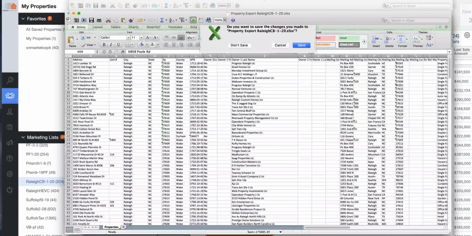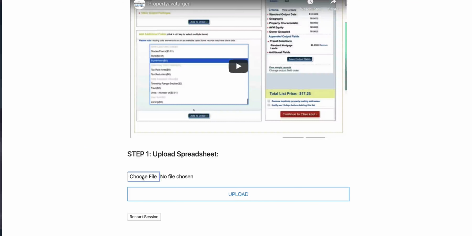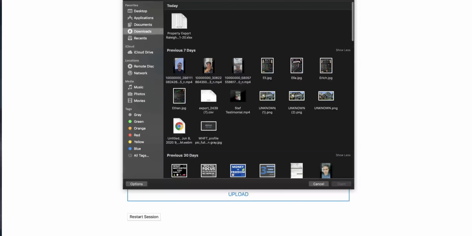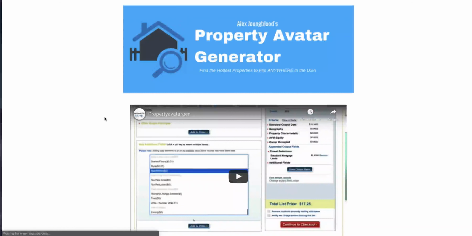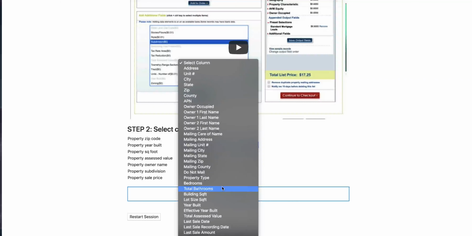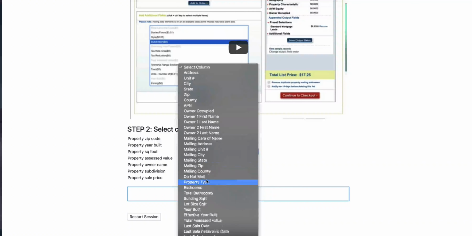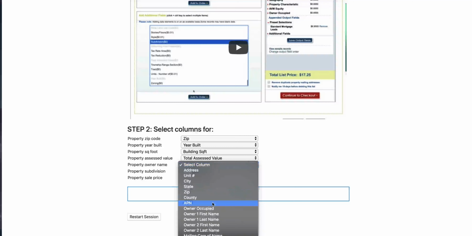So property export Raleigh. I'm going to take this, I'm going to save it, and I'm going to go over to my avatar generator. I'm going to hit choose file, and I'm going to go to my property export, and I'm going to click upload. So guys, that's going to upload, and now I simply map out the columns. So property zip code, I'm going to go with zip. Property year built, I'm going to go with year built. Property square footage, oh, that was the other thing on here you got to make sure that you've got. So building square footage, property assessed value, total assessed value, property owner name, we're going to go with owner one first name,